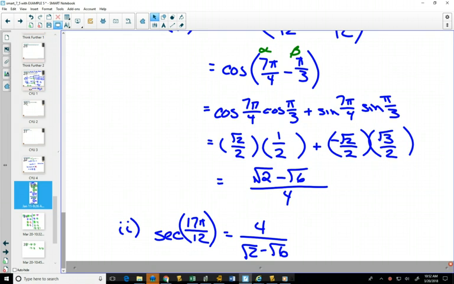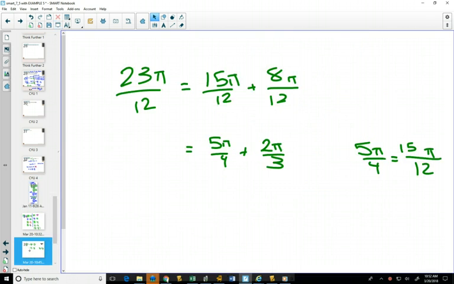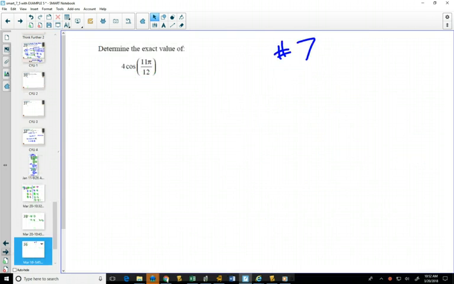Hardest question that's been on an, well, not hard, but just a little bit different. This was a question on an exam a while back. It's cos of 11 pi over 12. That part's exactly the same, but there's a 4 in front, which just means 4 times cos of 11 pi over 12. So all we have to do is solve cos of 11 pi over 12 like normal. Whatever answer you get,